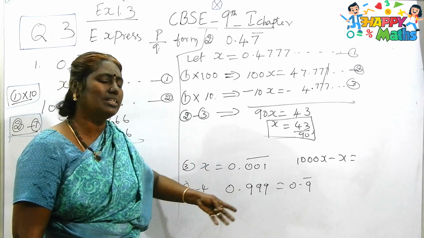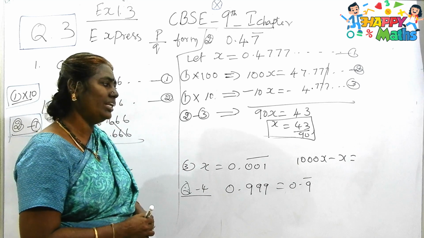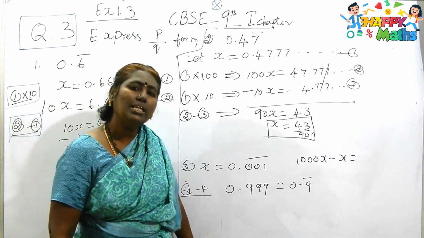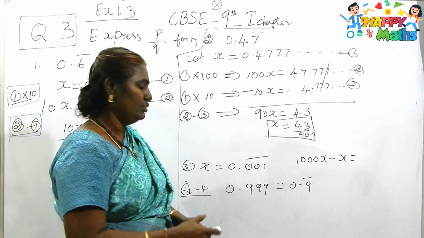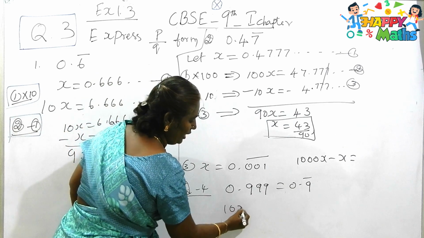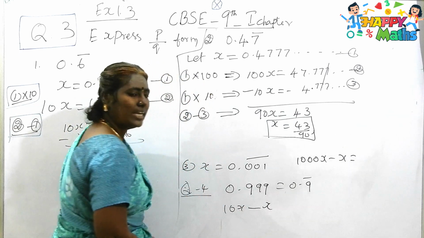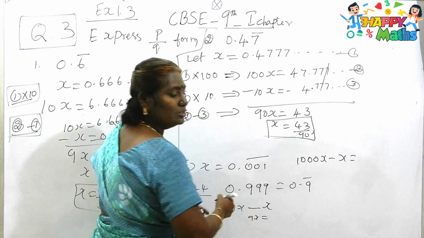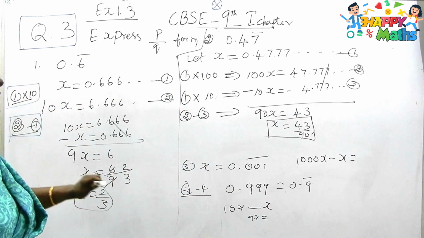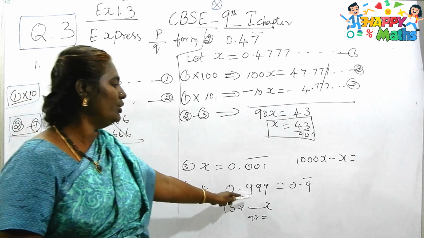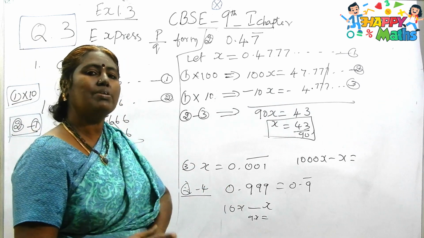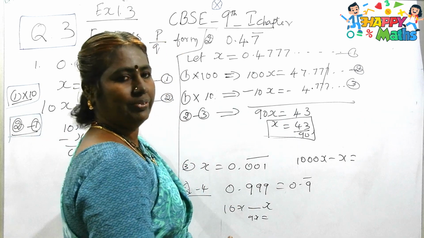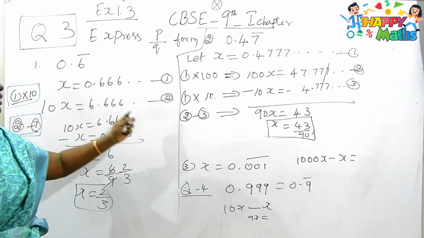You can do it by yourself very easily, because I have done this type of sum in the example. Here also, see 0.999. How many numbers are repeating? Only one number. So what do I have to do now? I have to find 10x. After finding 10x, I have to subtract x. So I will be getting 9x equal to. This is similar to the first sum. See, instead of 6, you just do it with 9 by yourself. This will be really motivating for you. I am just comparing these two sums. The same way, instead of 6, we are doing it for 9.